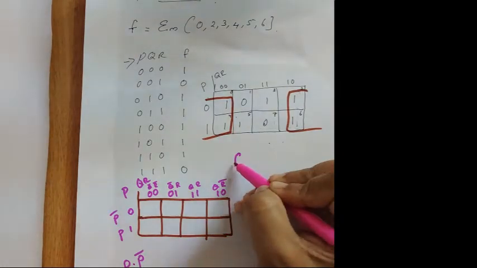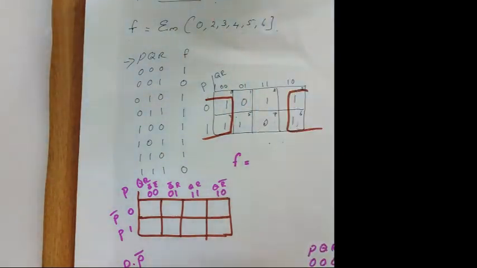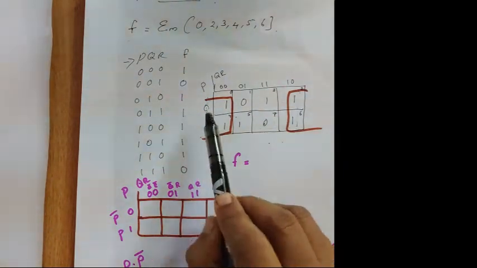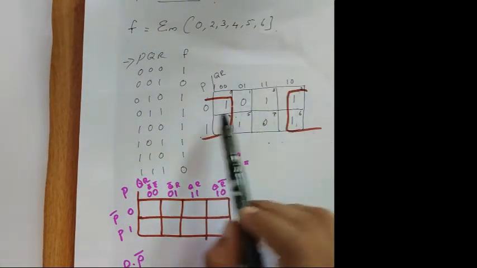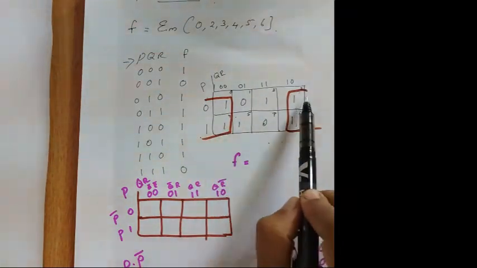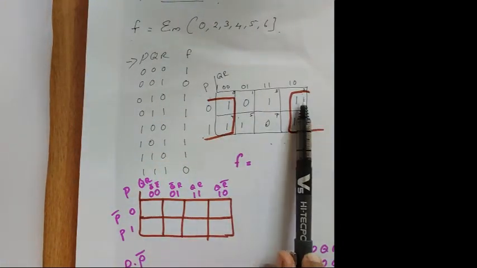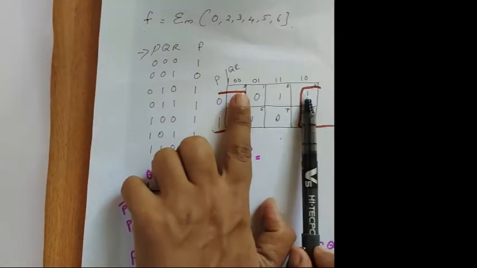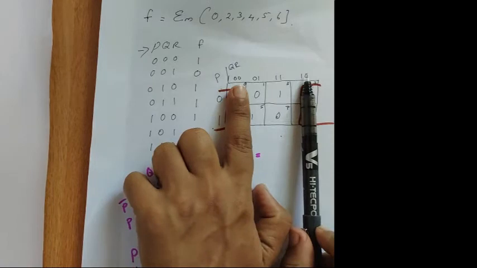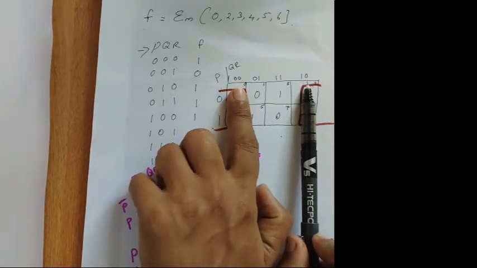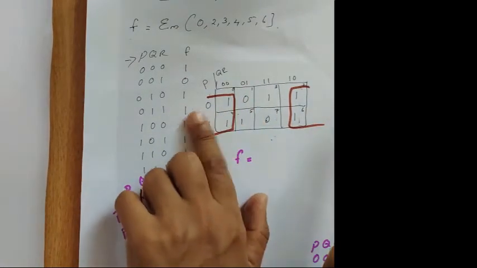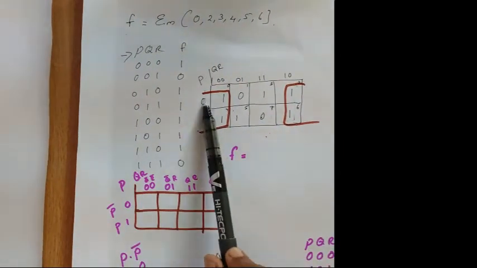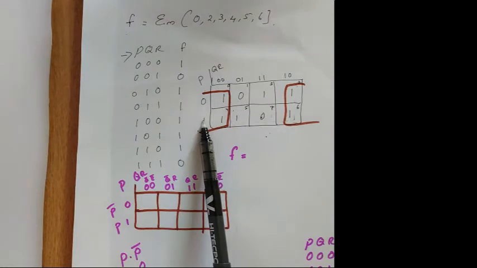So you can get the function is equal to, this is P bar, P. So it is switching. You have to check for the 3 variables. When you're grouping the statement, first you have to look at what happens to P, and at the same time what happens to Q and R. So you know that P switches from 0 to 1. You're not able to take that.